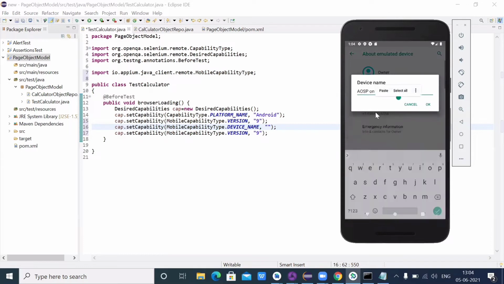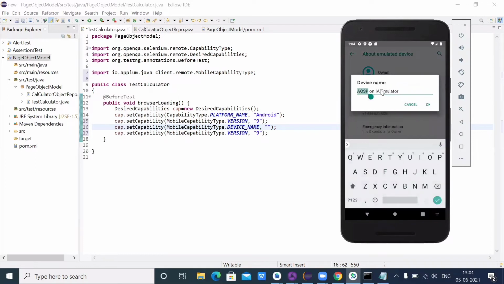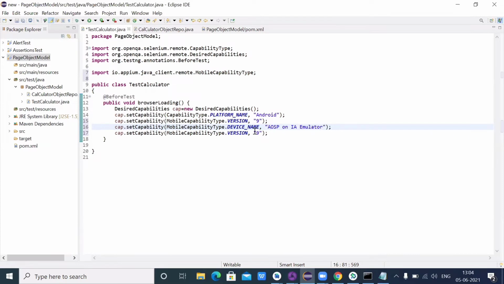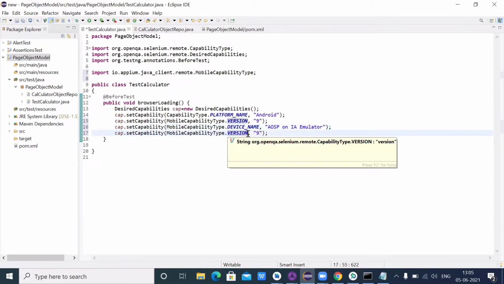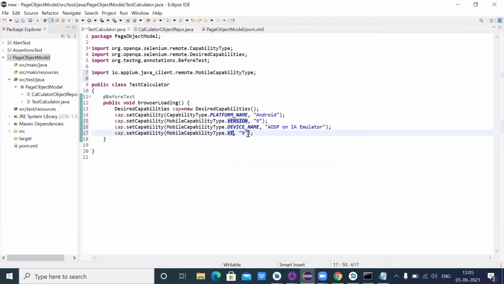Just copy. No, first I need to select this one. Okay, now copy, and here you can paste this one. And at last I want to provide the UDID.